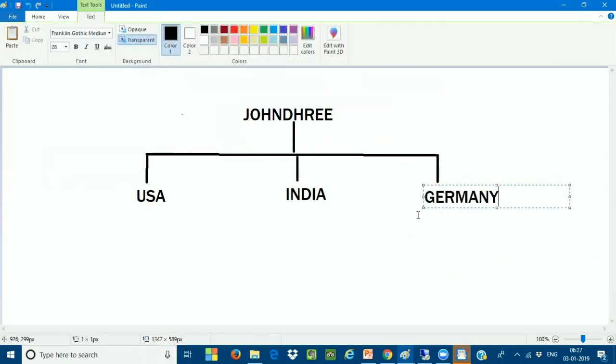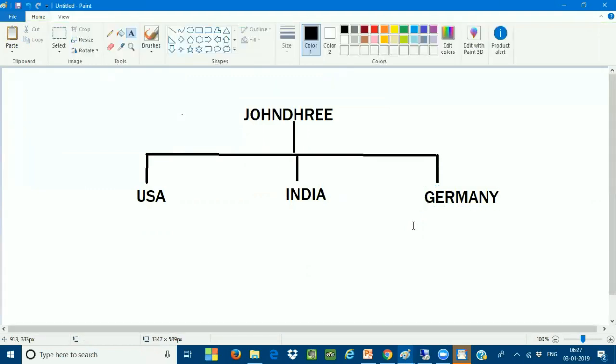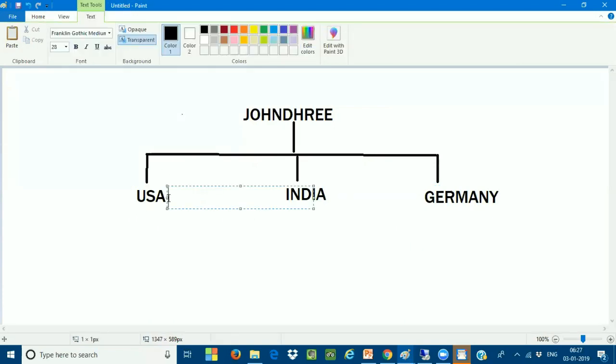Okay, I take Germany. Now, if I see my reporting system at the country level, my local financial reporting system, 3 different countries are going to be using 3 different local reporting systems. If I come to the country US, I am using the local GAAP, which is going to be called the US GAAP. US GAAP is the reporting system I'm going to be using according to the standard.